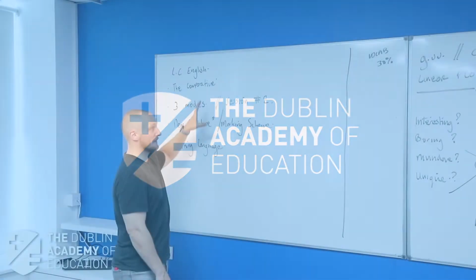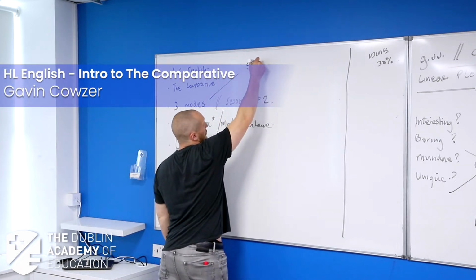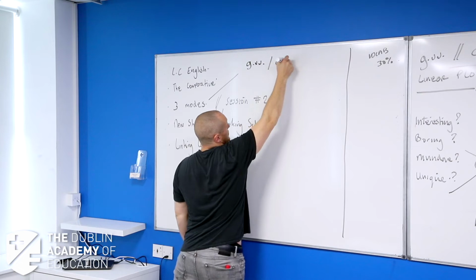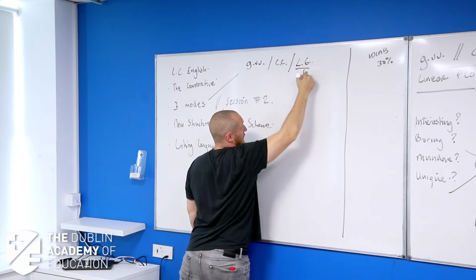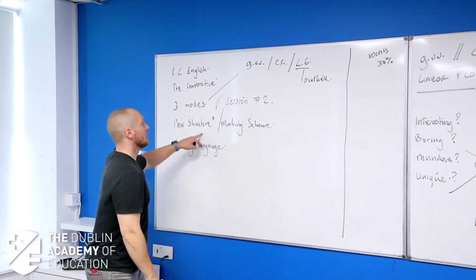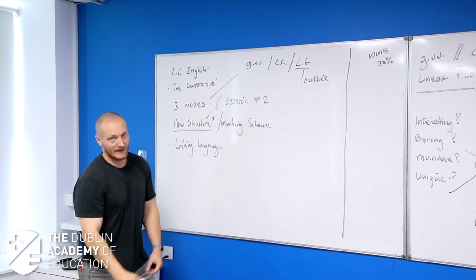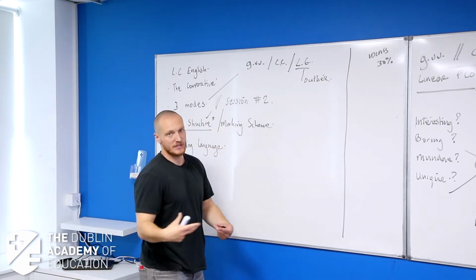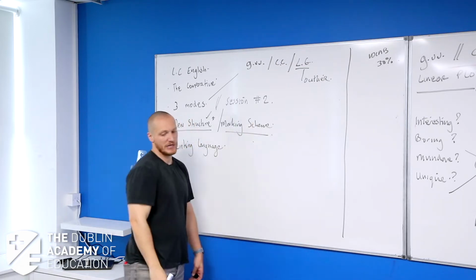So it is our 3 modes in today's session. Again, general vision and viewpoint, cultural context, which we did say are very, very similar to one another, and then literary genre, which we classified as that outlier question, okay? We went through the new structure, but we will be using that again today when we start looking at our modes in depth and answering questions in depth, and our new marking scheme that we